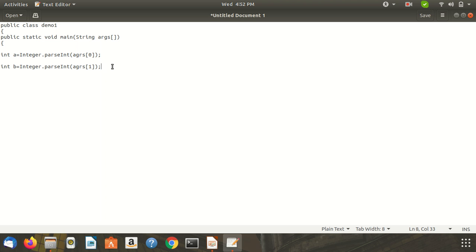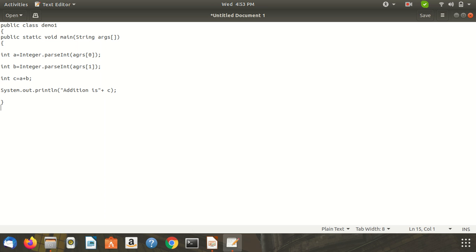Now perform the addition of these two numbers using a third variable, int c equals a plus b, and now print the result using the output statement System.out.println, addition is, and print the result c.